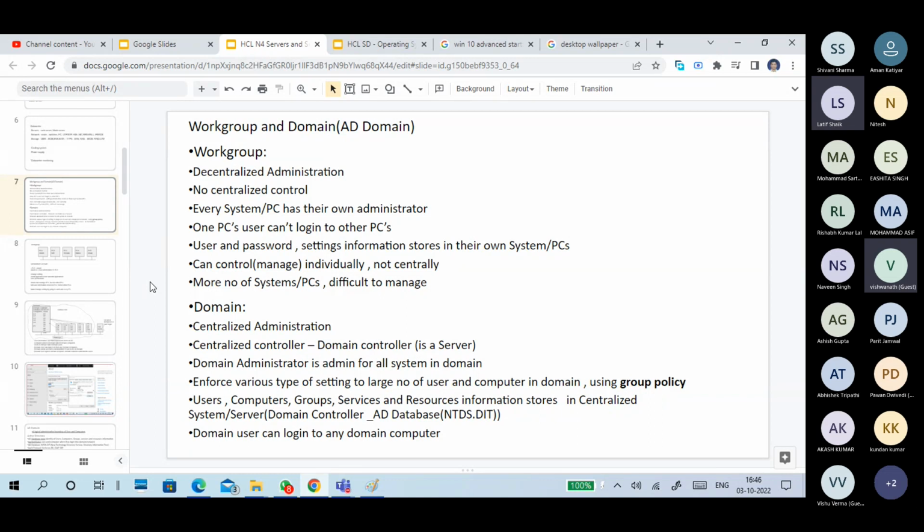So that admin account is also in the domain controller. He is an admin for all systems in the domain. So for PCA, PCB, PCC, and the server, we have only a single administrator. For PCD, we don't have any central administrator. It's an individual administrator. We can enforce various types of settings to a large number of users and computers in the domain